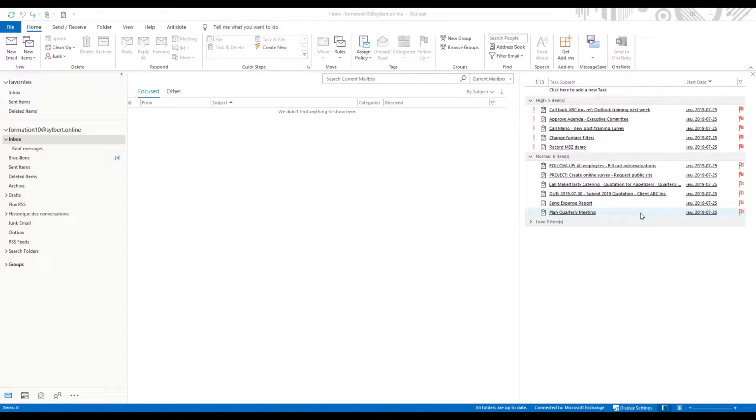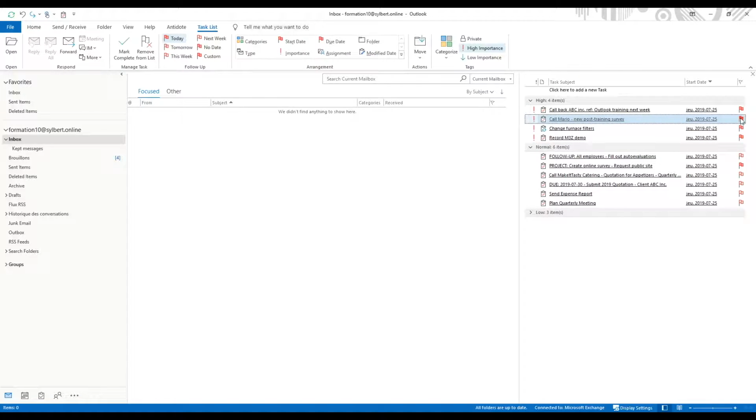One of the most satisfying actions with M3Z is to mark a task as complete. You'll start your day with a list of 15, 20 tasks, and you'll be able to see your list get shorter and shorter as you get things done. So let's say I'm done preparing and approving the agenda here for the executive committee. I can simply click on that red flag here. There you go, and now it's done.